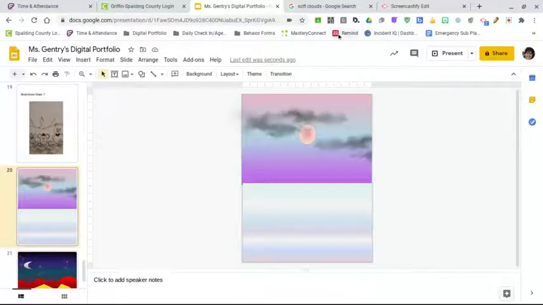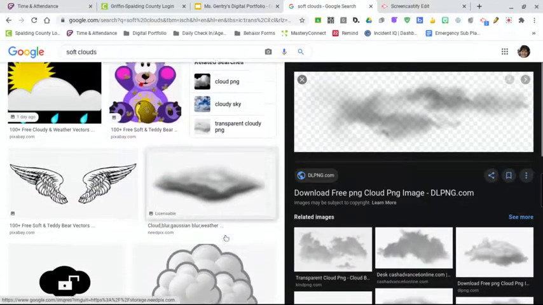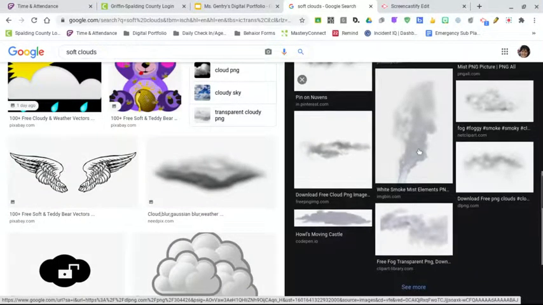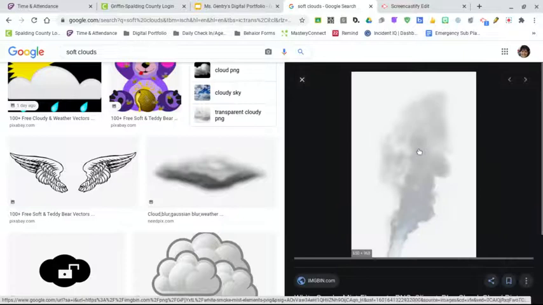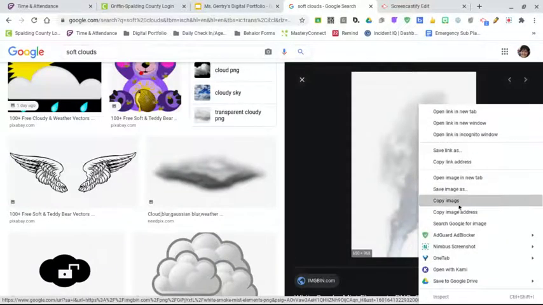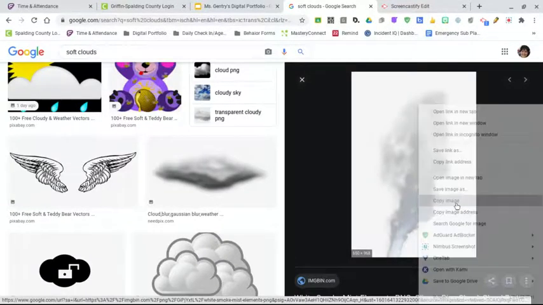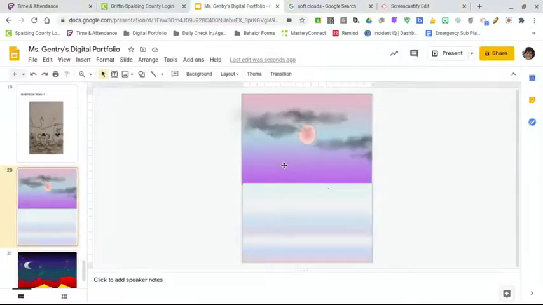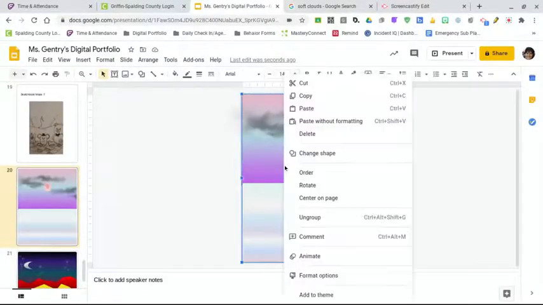So I'm going to see if I can find one that does not work, because it does not always work, really and truly. So let's say, for instance, we like this one. I'm wondering if this one will work. But I'm like, oh, I like this one, but I wish it was turned to the side. If you go back, right click,